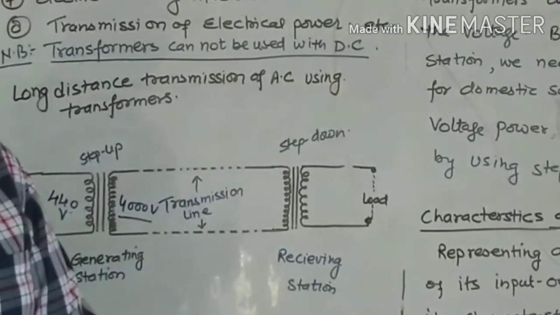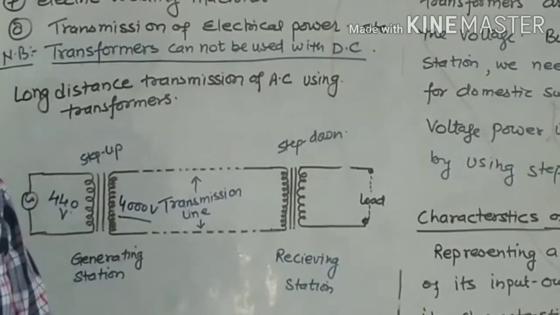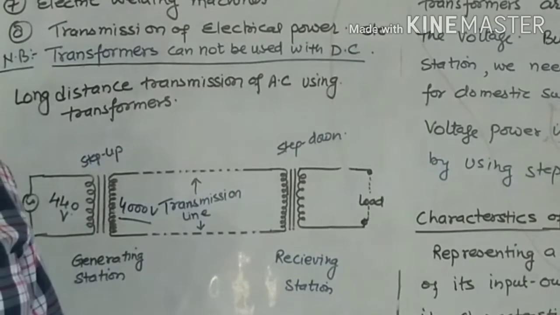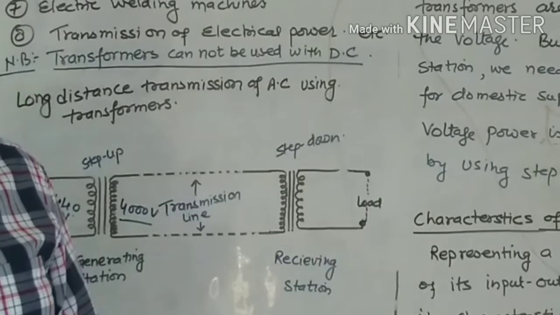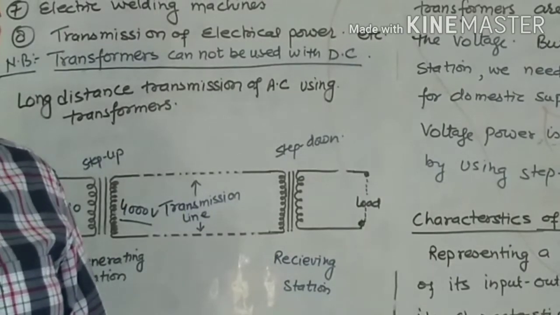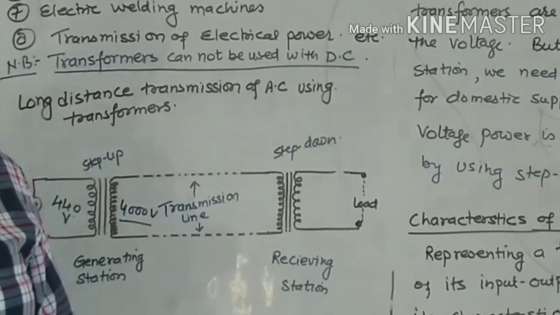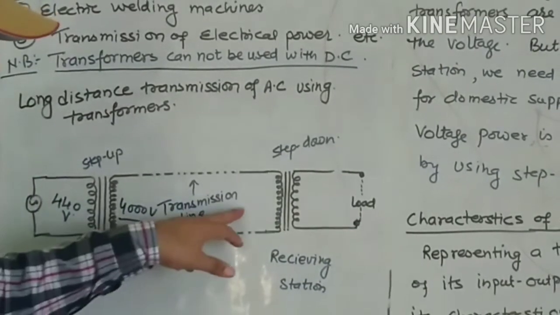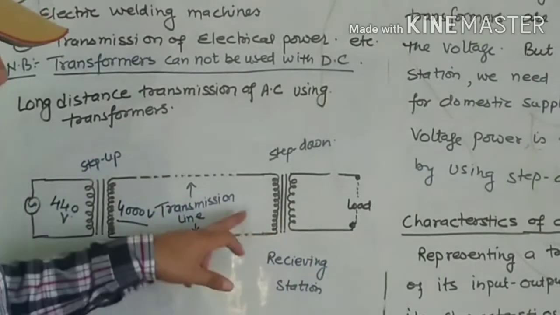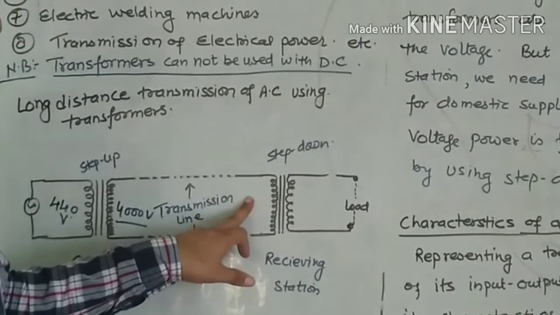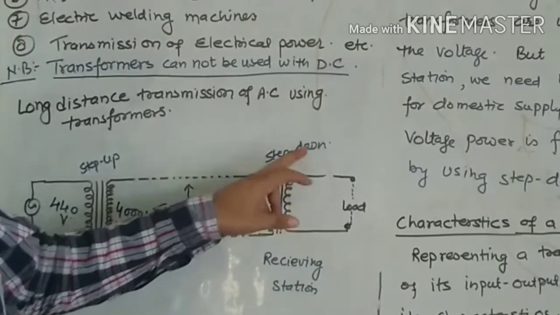But when it comes to the receiving side, we generally have domestic use or industrial use, but our machines are not made for such a high voltage operation. Most of the machines or appliances we are using at home or even in the industry are low voltage operation devices. That's why we need to step down this voltage first before giving it to the direct use. So this high voltage can be reduced or stepped down on the receiving side by using a step down transformer.